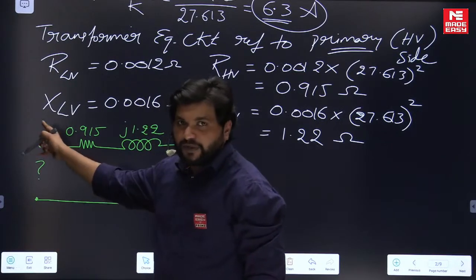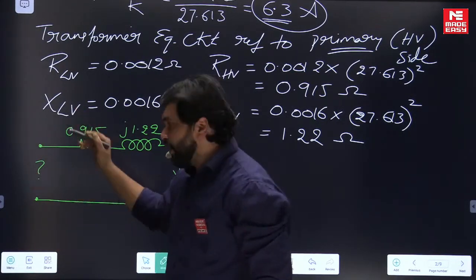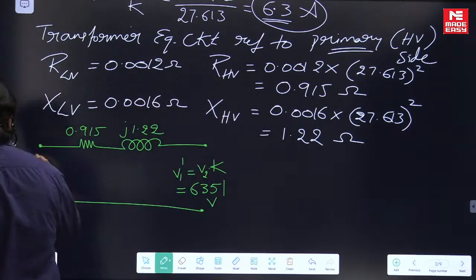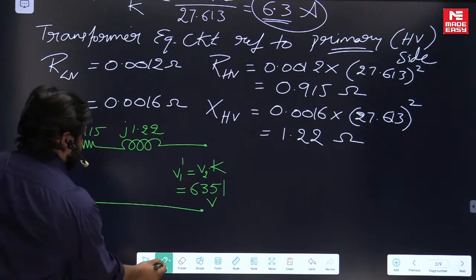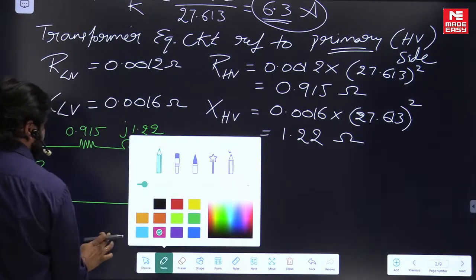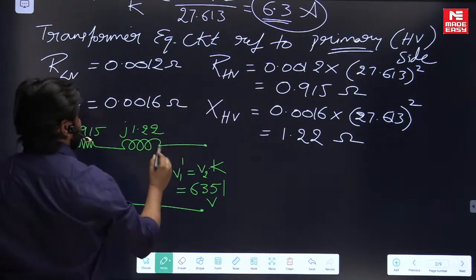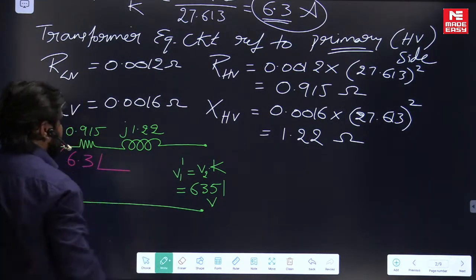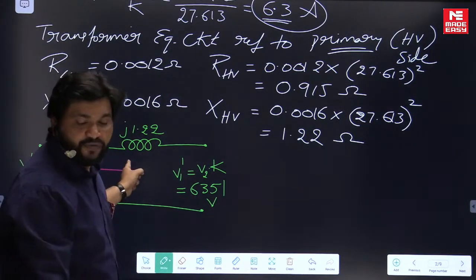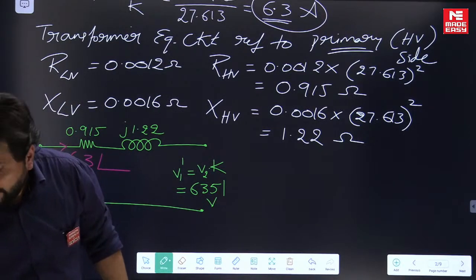That's the context of the question. So you have to make it unknown now. V1 is unknown here. So the current is now given as 6.3 amperes, at an angle, because the load is at a power factor of 0.8 lagging,